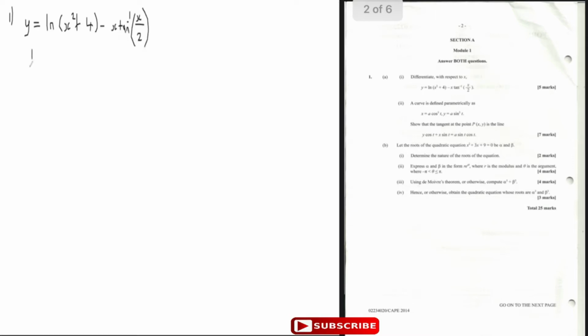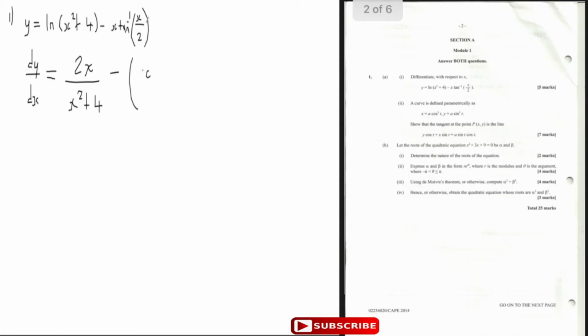So we're going to differentiate it, and we're going to get dy dx is equal to, now when you're differentiating a log function, when you differentiate x squared plus 4, you get 2x. So that part is 2x over x squared plus 4. The differential of the denominator goes in the numerator. Then you're going to have to use product rule to differentiate this part. So it's going to be minus, using product rule, you keep the first, which is x, times the differential of